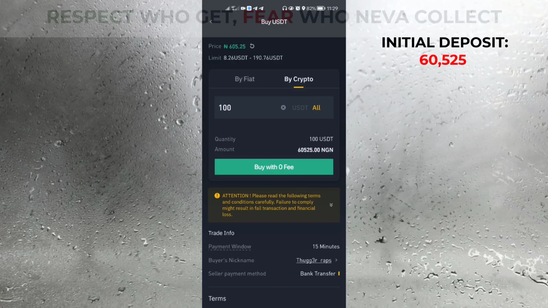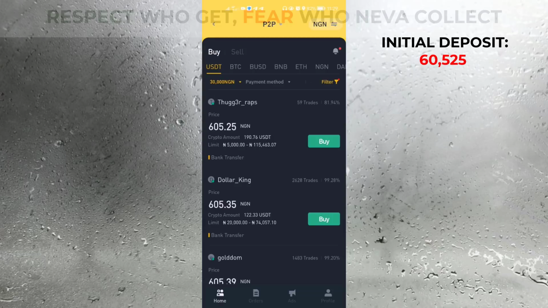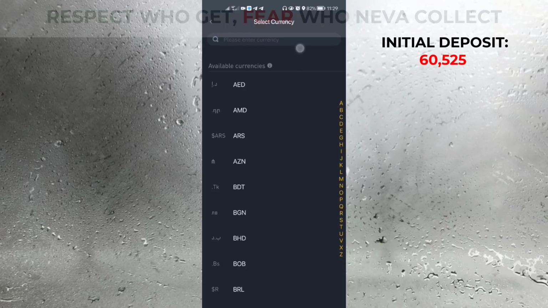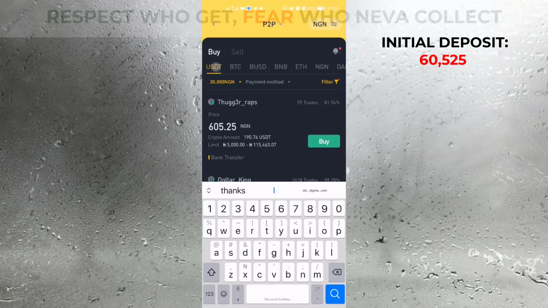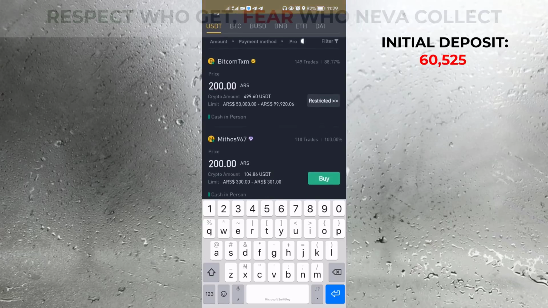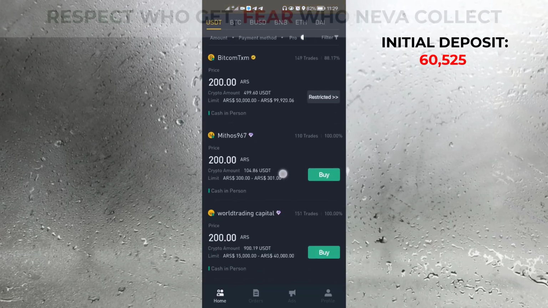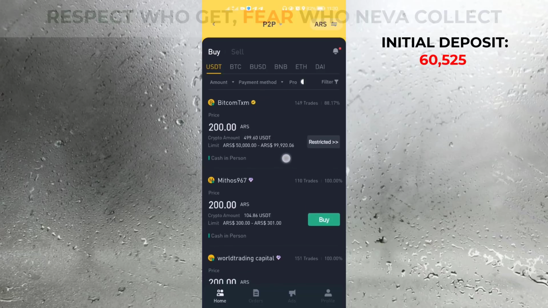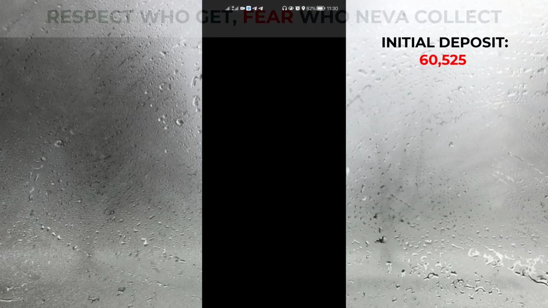Now, let's just pretend I actually paid for this and I now have 100 USDT in my Binance app. The next thing you need to do is to head over to the top right corner and switch to another currency called Argentine peso, which is ARS. So I've switched to ARS, as you can see. Now on Binance P2P, 1 USDT is sold for 200 ARS or 199 ARS, but the normal market rate is, let me show you,